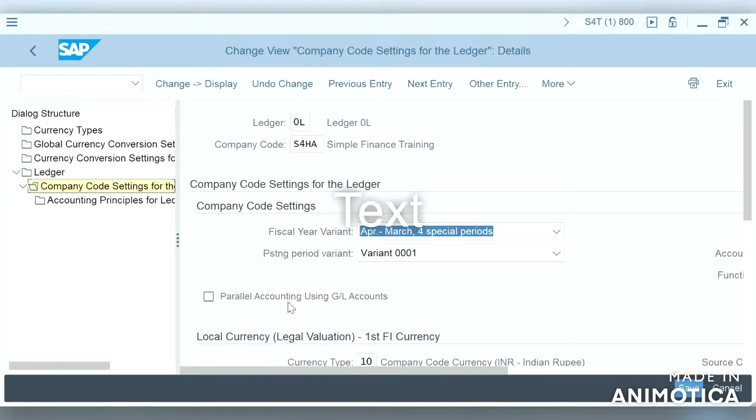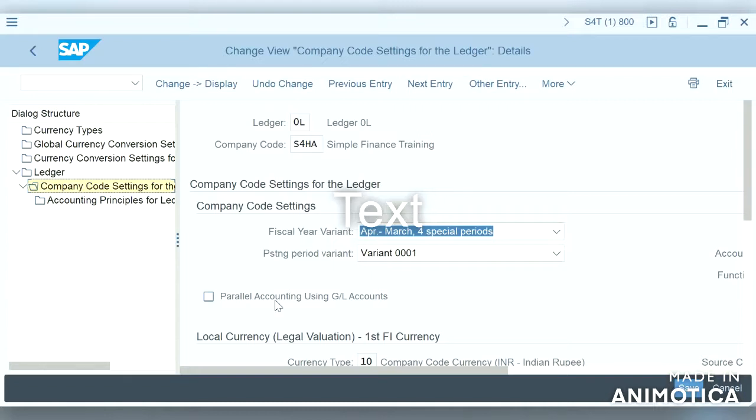So normally who is going to use this? Who wants to check this checkbox? We know that there are a few old customers still who are using the account based approach, like they are following parallel accounting through GL accounts.